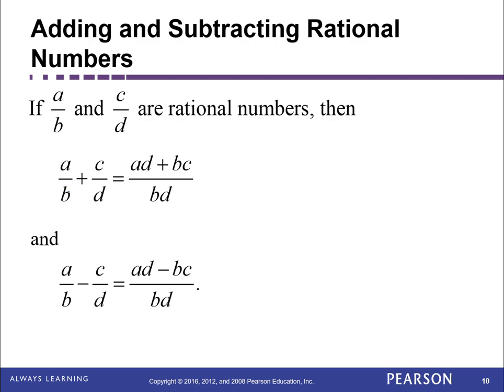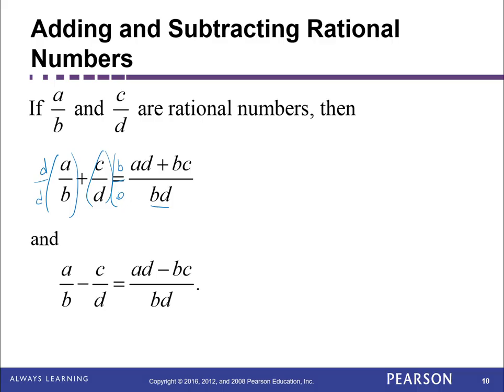So for this first one with this addition, we want a common denominator of b and d. The easiest way to do that is just to multiply the two on the bottom. So your common denominator here would be b times d. Now note that if you did that, what you essentially did with the first fraction was multiply the entire first fraction by d over d. And then what you did with the second fraction to get the b in it is multiply the entire fraction